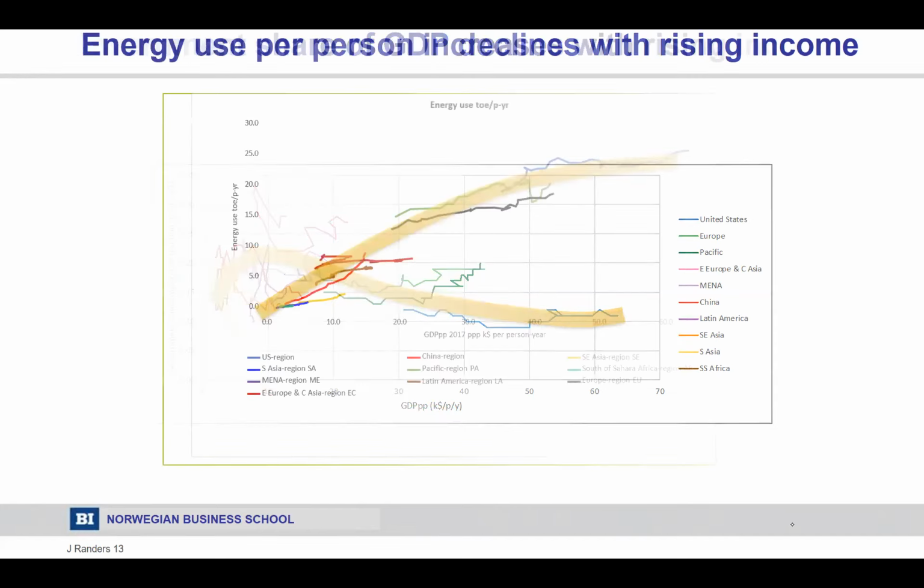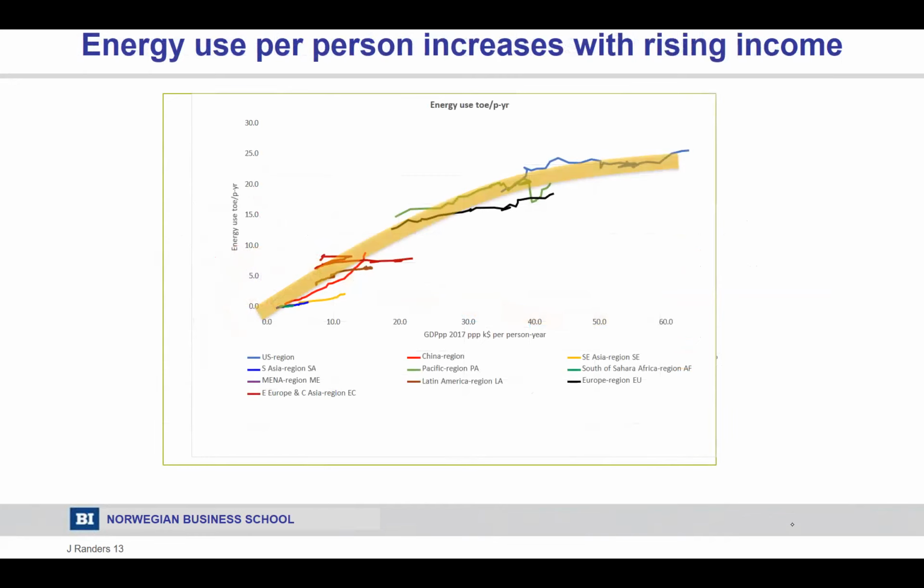Here is the energy use per person, which is amazing. This is now the sum of electricity and fossil heat, measured in proper units and added together in the way it should be. And look what it shows: amazingly, when you reach $40,000 per person per year, the energy use per person does not increase anymore. So here, this is the Kuznets curve in real life, for those of you who know what the Kuznets curve is.